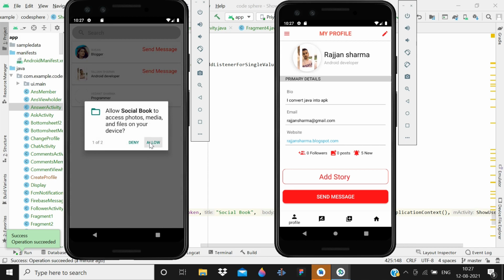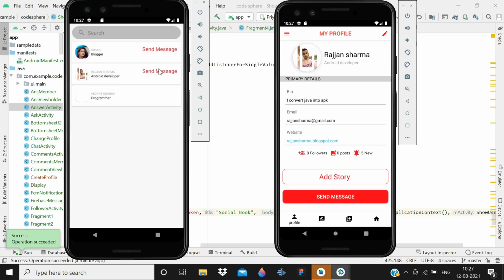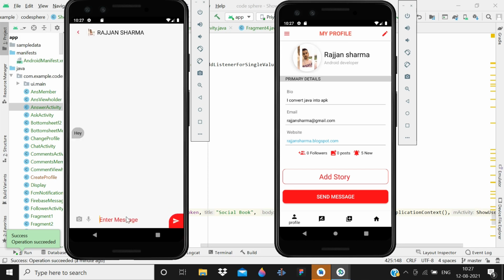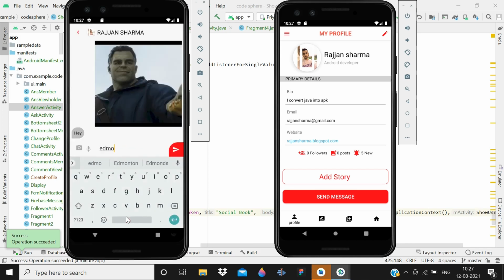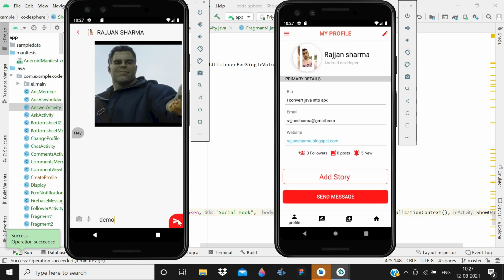So we have to allow, and I will send a message to Ranjan Sharma, like demo. And guys, when I send this message, we will receive a notification after 3 seconds. So guys, you can see that we have this message, demo, understand?